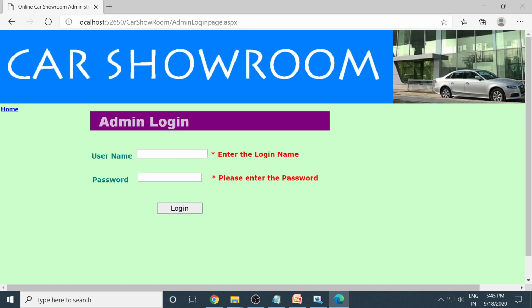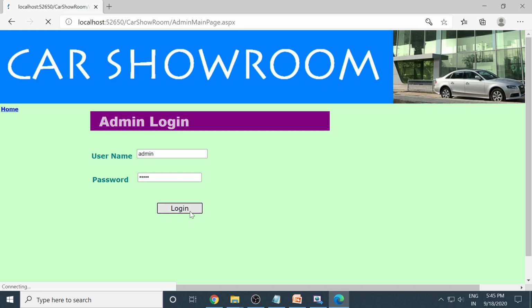Now, as far as username and password are concerned, in order to log in you have to type admin and then admin. That is predefined; we already have these values in the table. When I enter admin, these values are checked against the table to see whether the same values are there or not. If they match, only then are you allowed to log in. Otherwise, it will tell you the username or password is not correct.